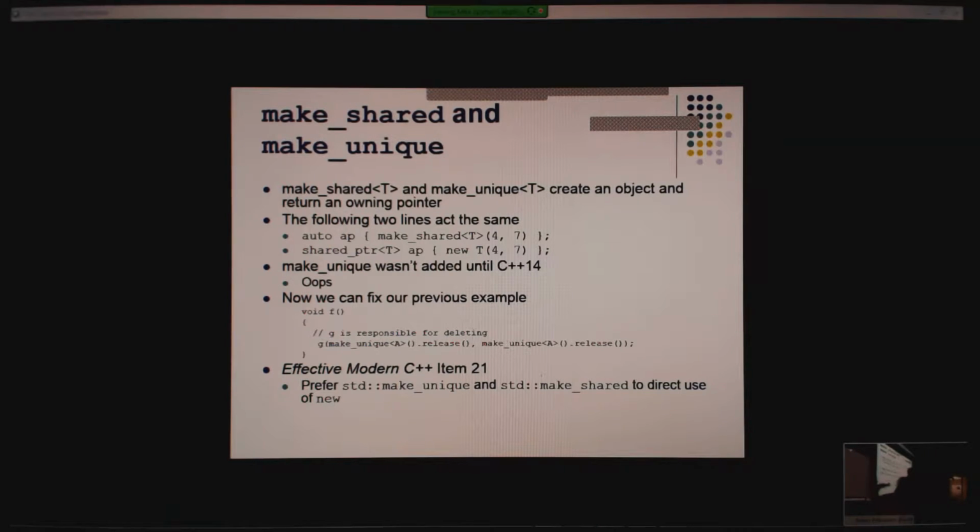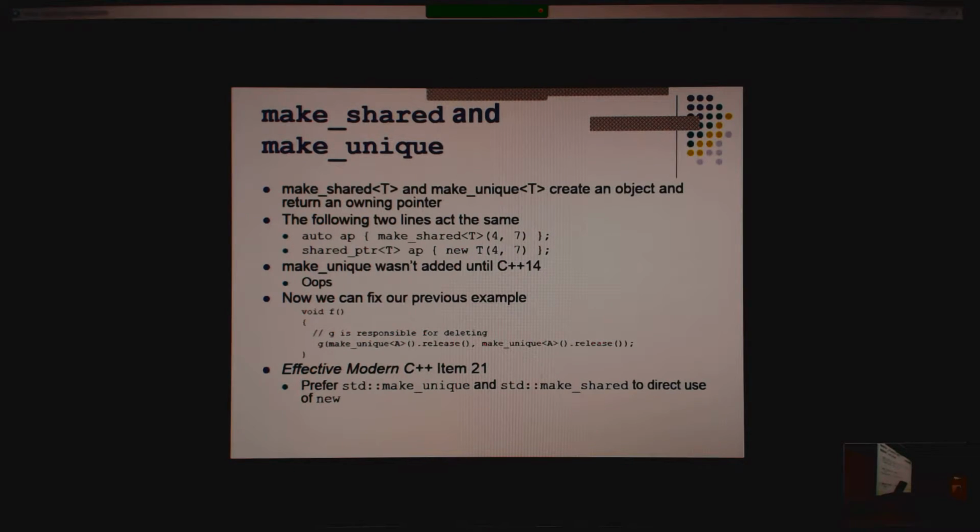This code is actually wrong. What's wrong with it is that if you remember the best practice, it said in a standalone statement, right? So I don't want to release the object without an owning pointer, right? So you should make_unique on its own line for each of them and then call G on the result of releasing them.